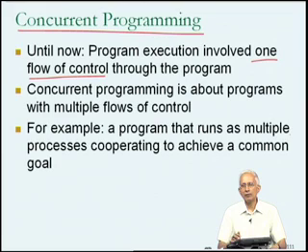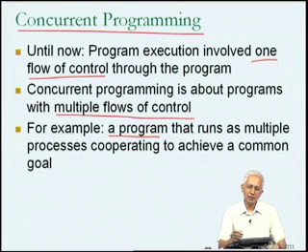Okay, so from what we've learned now, we understand that one way to set up a concurrent program, in other words, a program which has multiple flows of control, might be to set it up as a program that runs as multiple processes cooperating to achieve a common goal. In general, whenever we wrote a program, the objective of writing the program was to achieve a goal. I defined a program as algorithms and data structures which were put together in order to achieve some objective.